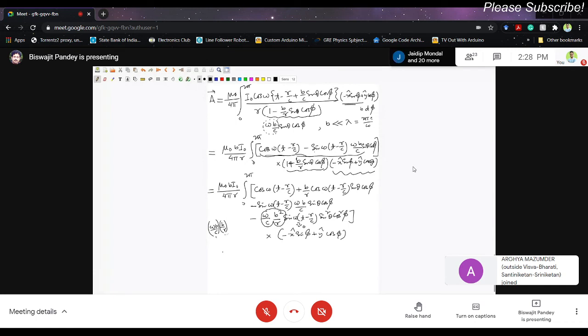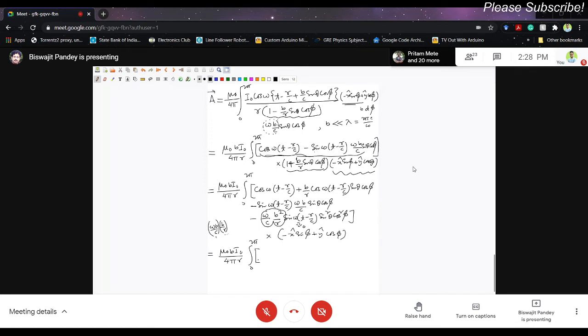So what we are left with here, equal to μ0 b I0 divided by 4π r, 0 to 2π. Let us simplify this. Wait a minute. So what are we left with, sinθ, multiply with this. Actually, instead of doing this, we can simplify, there is sinφ and cosφ, right? Just, you see, if I multiply, we have to integrate between 0 to 2π, so not all the terms will remain.